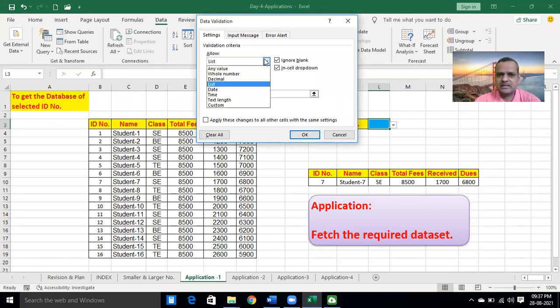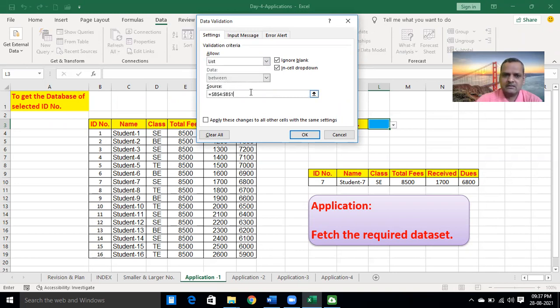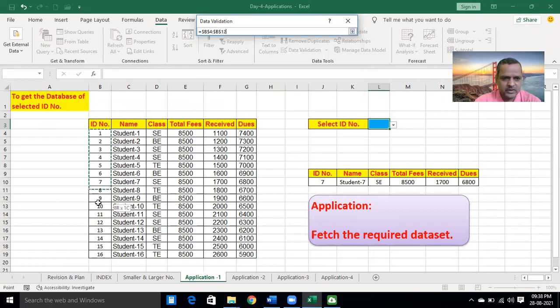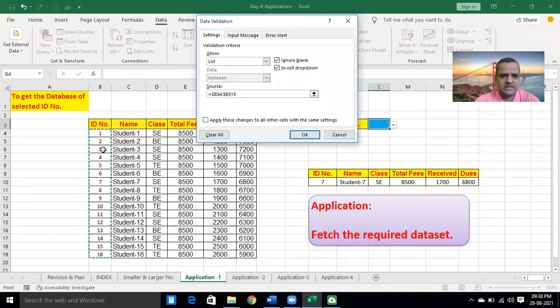Select the list option from the allow option. Then the source is given. You need to select the source, from the first point to the last point, the whole column. And then click on the OK button.